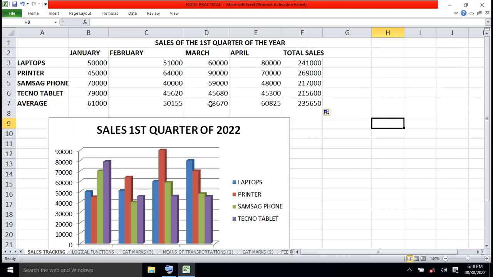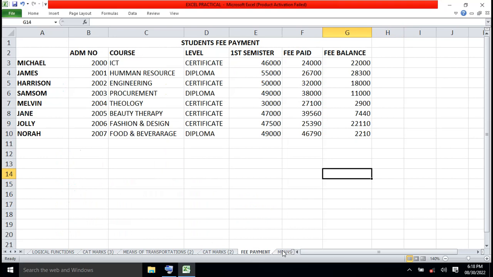So take your time. I want to take you back here. Take your time and do what you did in fee payment. Practice that. Create your own data and see how it goes. Take your time and come and work with what you've just done, which was